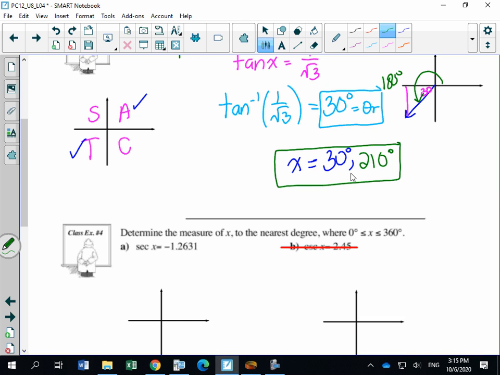Okay, let's do class example 4, and we'll only do one of them because it's sort of the same thing over and over again. So the secant of my angle x is equal to negative 1.2631. So you have to first know, in order to do this, what is secant the reciprocal of? And secant is the reciprocal of cos. So how I would actually write this is the cos of angle x is equal to 1 over negative